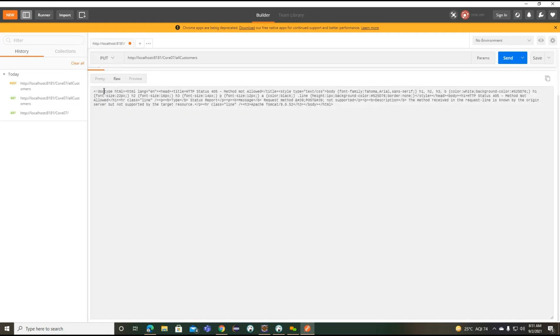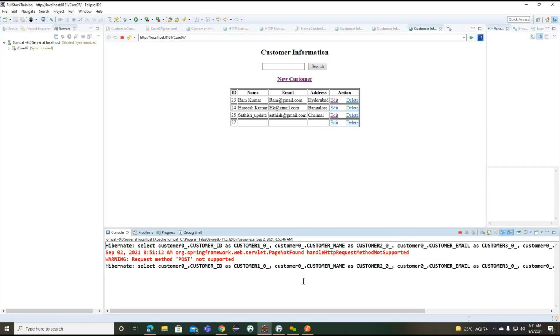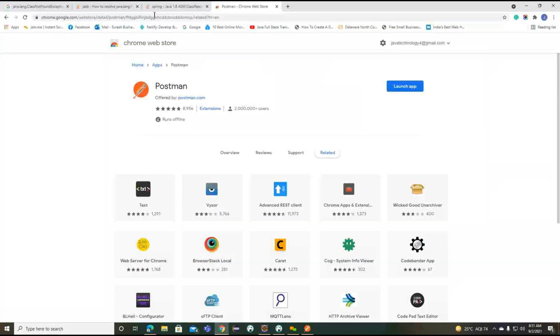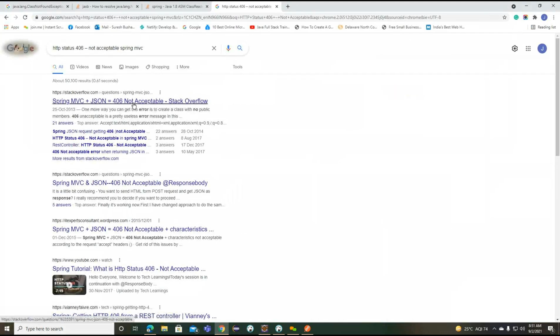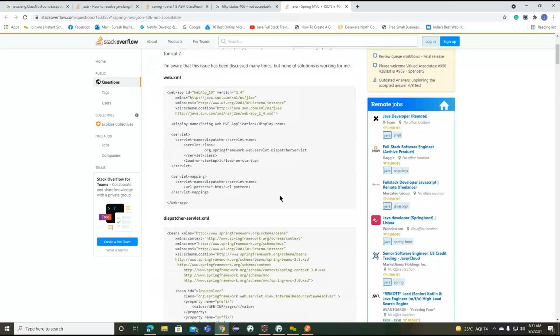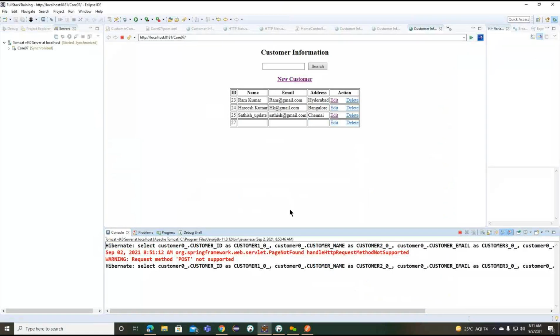Method not allowed. So this is also the same. Okay. So the format is maybe 406. Let me check with the not acceptable. The output is not what it is expecting. Maybe yes, we need to define this.